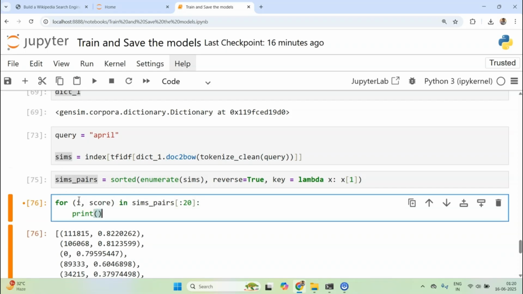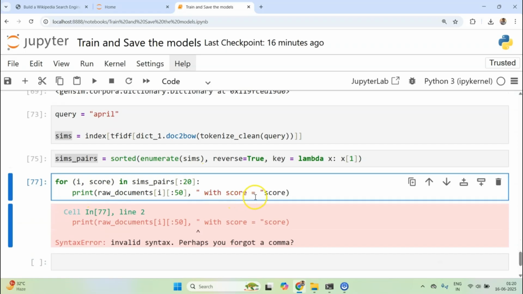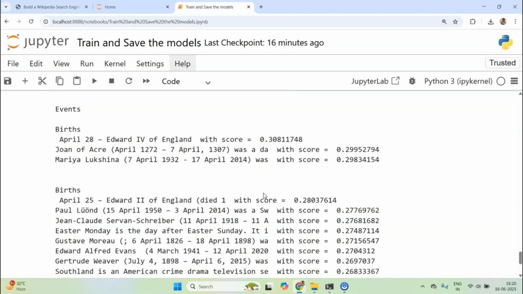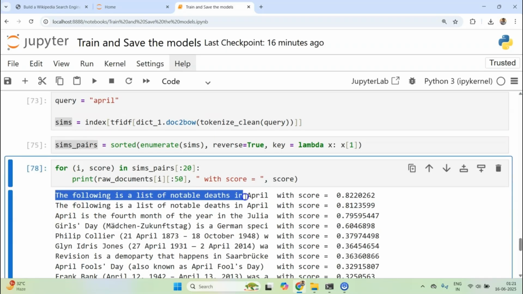What I'll do is I'll print something like raw documents, I'll get the raw text, and I'll only display maybe the first 100 characters, and then I'll display the score. Okay, and let's display it in one line, and let's only display 50. If I run this, okay, 1 second, what did I forget? Okay, comma.